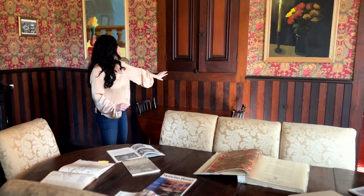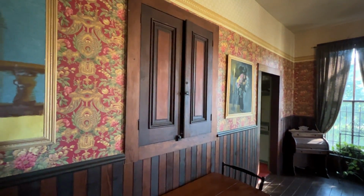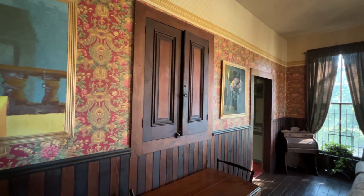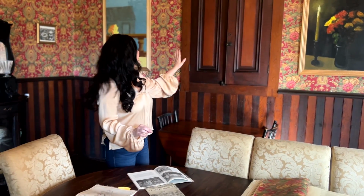Look at this. This is an original pass-through from the kitchen. I'm not going to open the door because the current owners have things stored in here, but the other side opens up to the kitchen. So food could be passed through while it was being prepared, kept in here until the next course was being served and pulled out. It'd be nice and warm while it was in there,